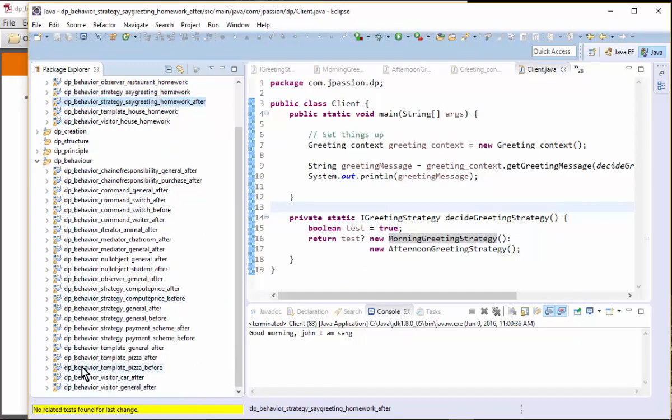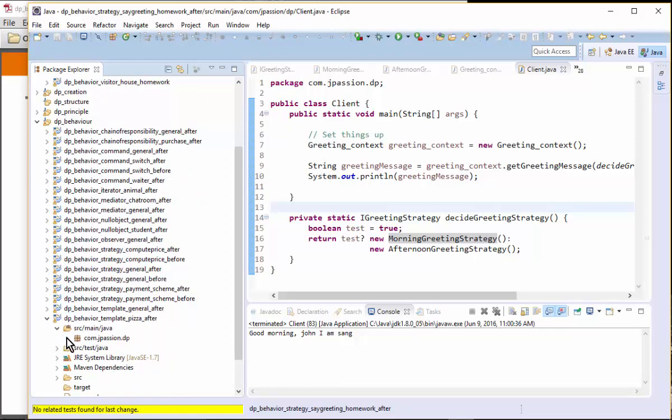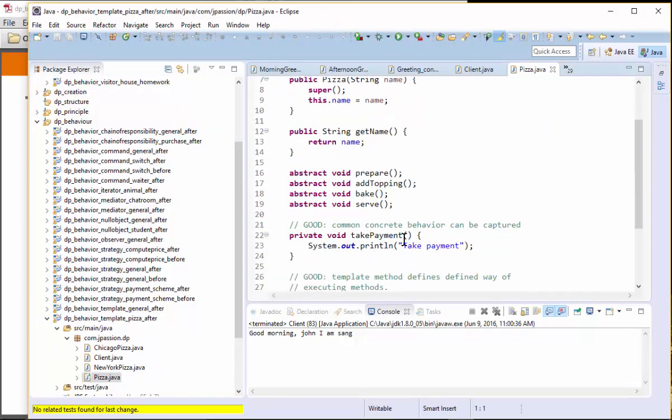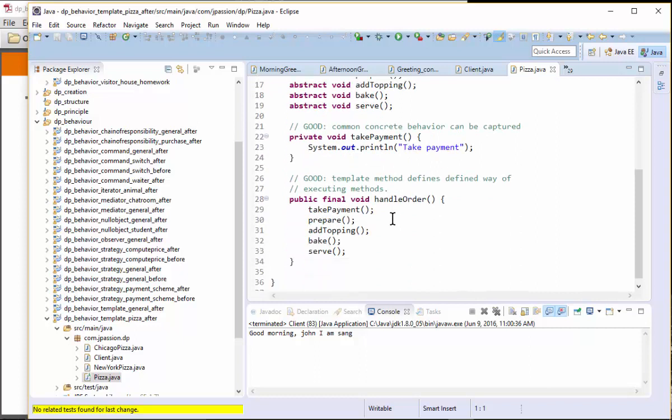So template method, so pizza. The template method is basically pizza in this case. This template method is an example of this. The template method is set as final so that the subclass cannot change it. So if you want to impose